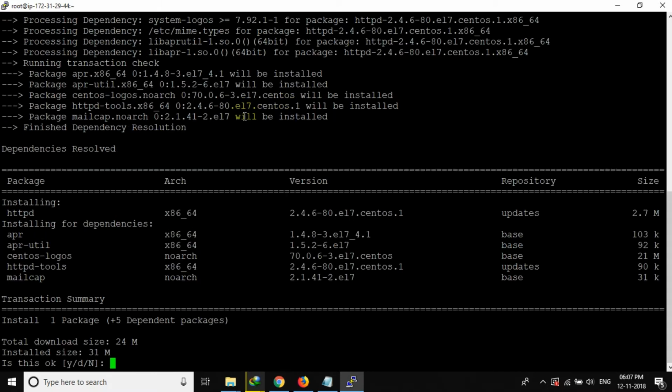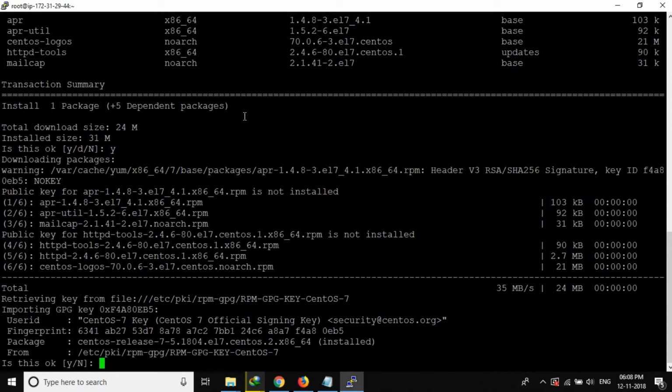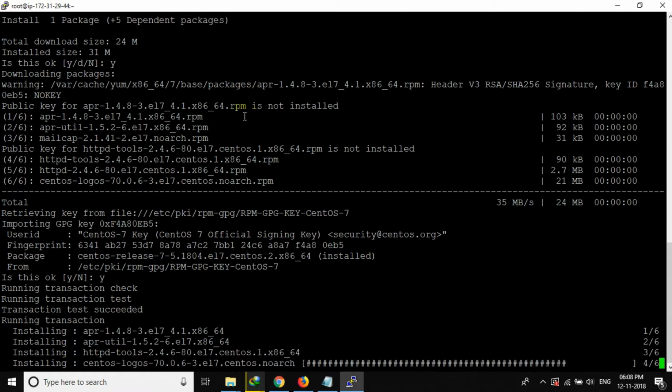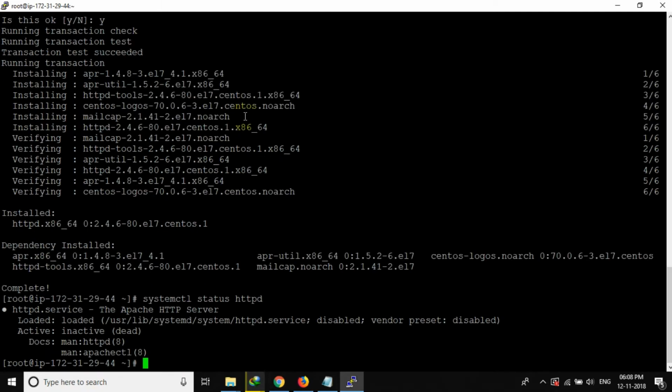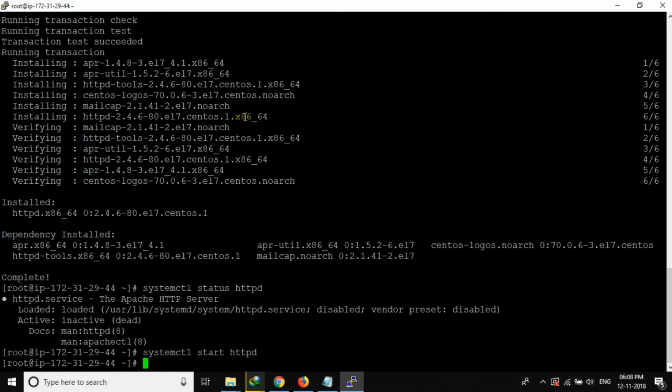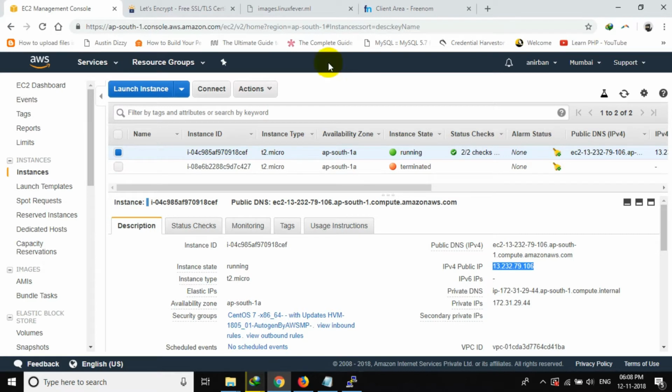Okay, this command will install Apache, and just click Y. Apache is not running yet, so we have to restart it. Okay, now you can see HTTPD is running, and if we visit our website now,